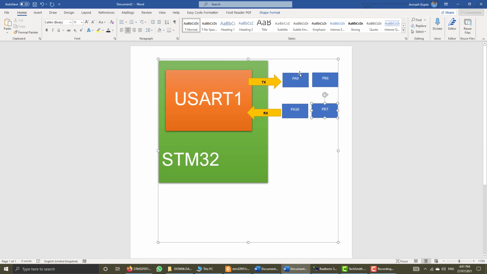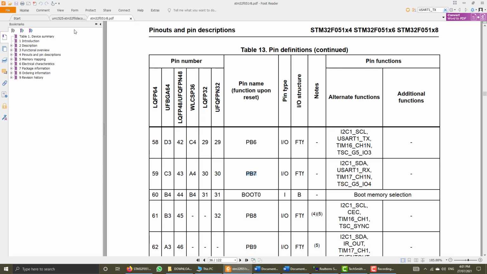So we have two options for the USART1 RX and TX signals. These are available in 2 different sets, one on the PA port, that is port A, and another on port B. So with this doubt we also have to make clear on this discovery board which one of these GPIOs is being used. So again we will go to its schematic,